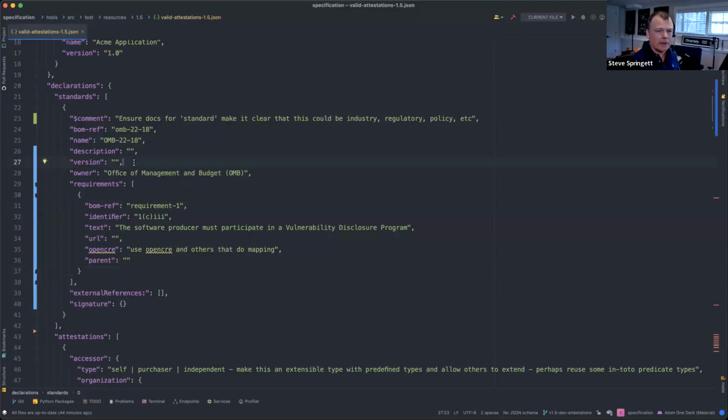Do we want to capture like the published date and that sort of thing? Or is that just too much information, that if you wanted to find out, you can find out? I think the version is sufficient. Version. Okay. Sometimes the version will actually be an actual version number. Sometimes it might be a date. Sometimes it just might be empty. And that's okay, because we want to say that we are attesting that we meet this version of this document. If we need to upgrade it, then we need to redo things because there's usually substantial change between the versions.